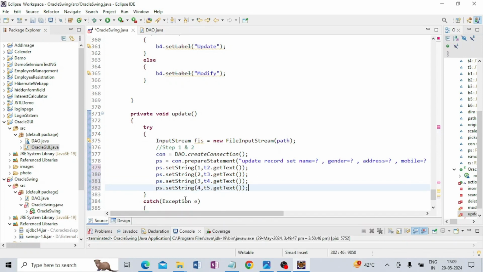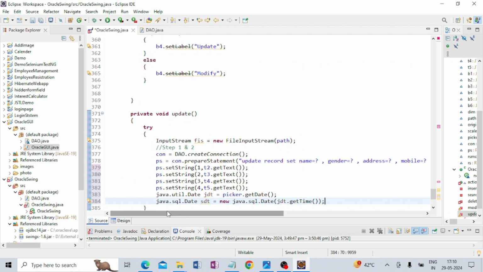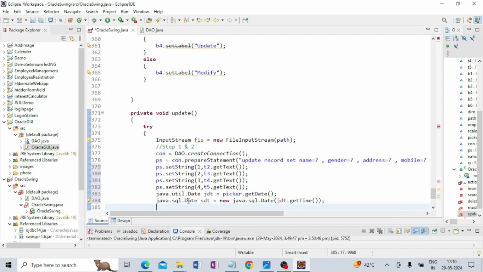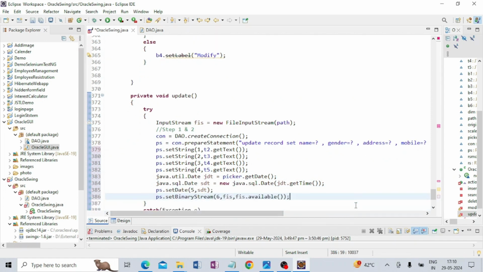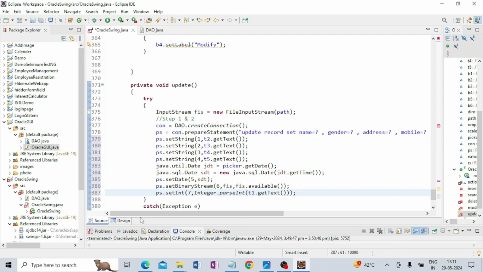Now here again ps.setString 4, t5.getText, and here I will write java.util.Date jdt is equal to pcard.getDate, java.sql.Date sdt is equal to new java.sql.Date(jdt.getTime), and ps.setDate. Here you write ps.setBinaryStream, and you write ps.setInt 7, Integer.parseInt